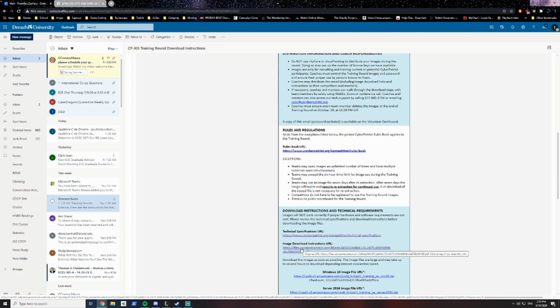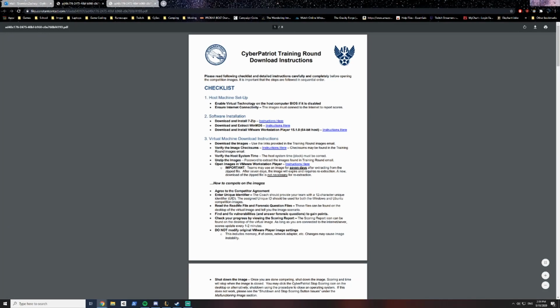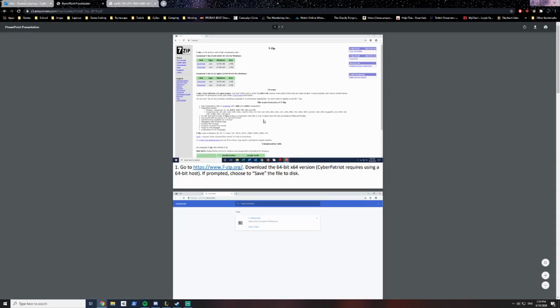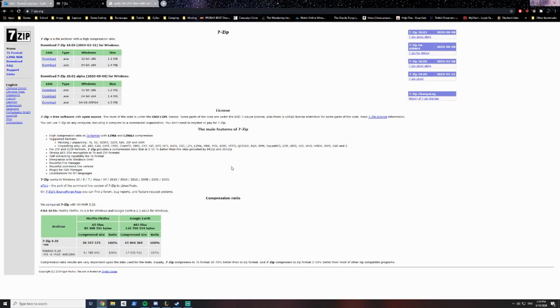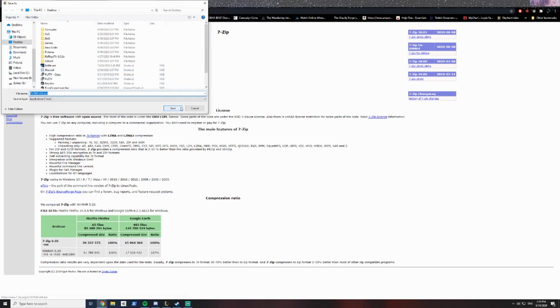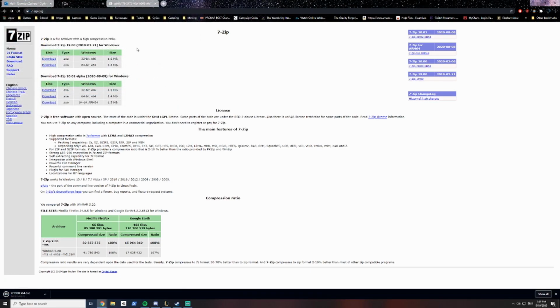But if you're on Windows, you can just go ahead and open up this image download instructions URL. And then over here are software installation, so you'll need either 7-zip or WinRAR, either will work. If you click on that, it will take you to 7zip.org, and you can go up here. We are on Windows, so we will download here our 64-bit version. Click on download, save it wherever you want. We'll go back,